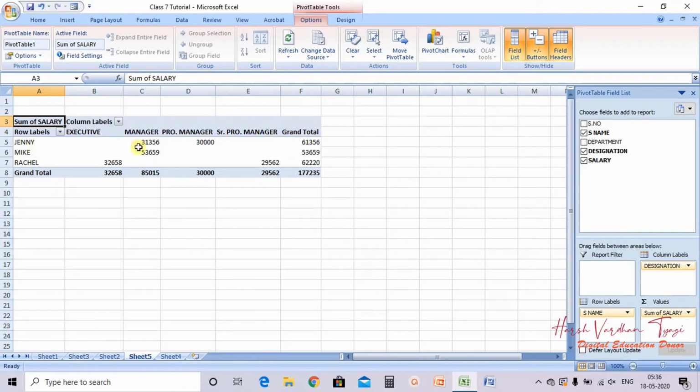Jenny is manager and senior production manager, at two places, so its grand total salary is this. Then Mike, then Rachel. So what is this pivot table? It is used for consolidating, summarizing and presenting the data in a better way so that we can analyze the data. Is that clear?